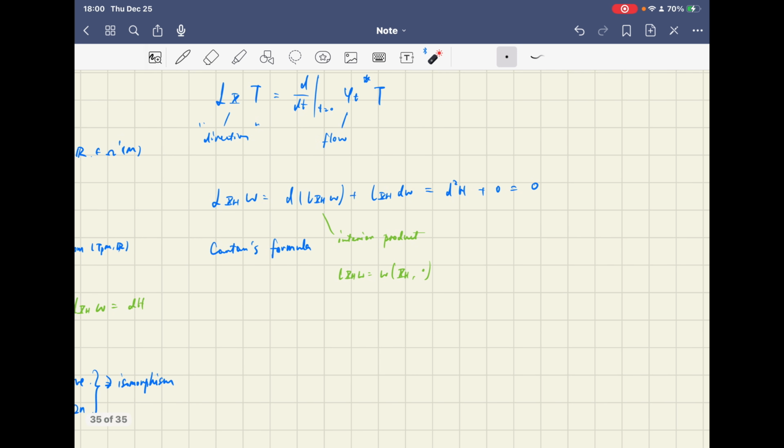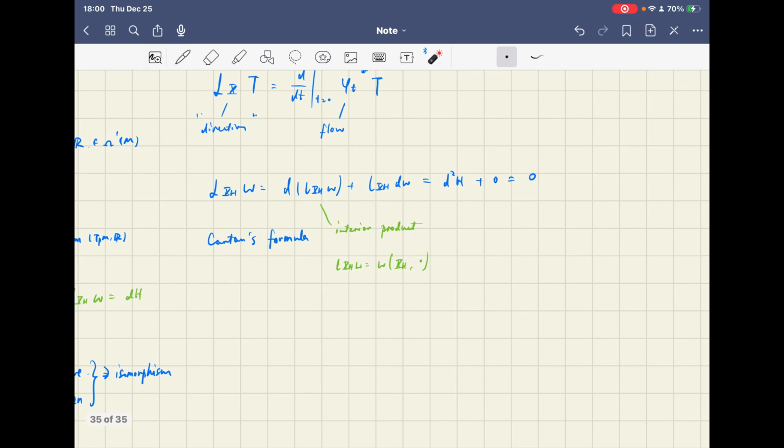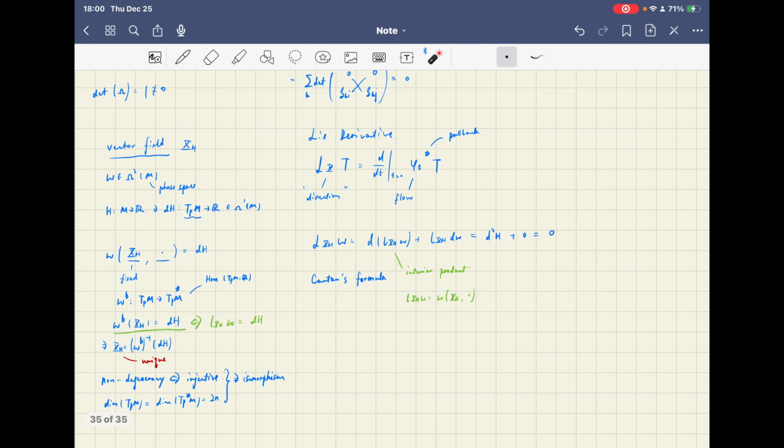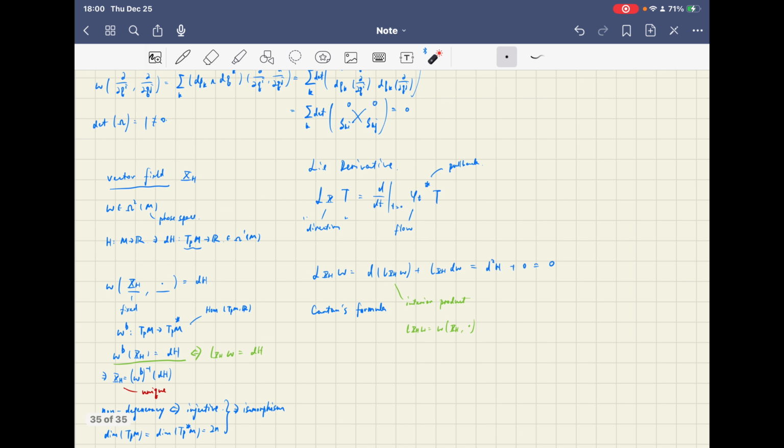Also, this property directly leads to the Liouville theorem, which we will not cover in this video, but it's very important as well. And since the geometric meaning of a two-form is an oriented area,